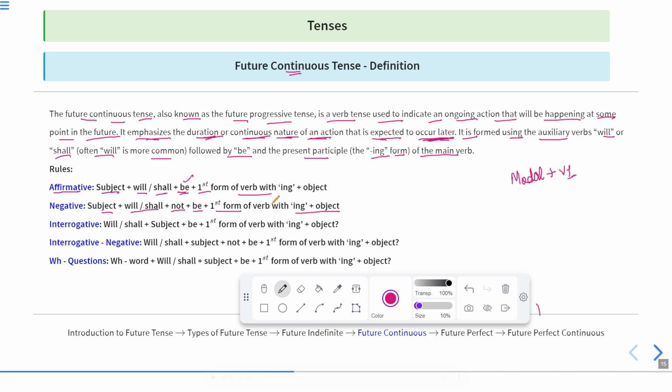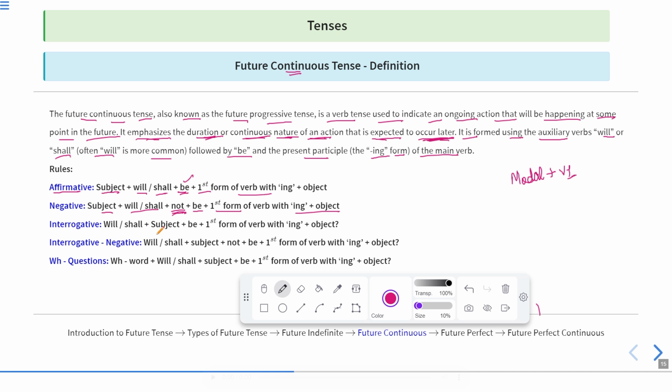Now in case of a negative sentence, one thing is very, very important: we should use the word not, or the negation adverb, just after the modal will and shall. So after will and shall, that is the modals, and before the auxiliary verb. Here, subject, then will and shall, then not, then be, then first form of verb with ing, and